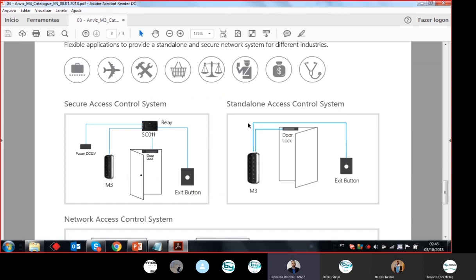For example, in this second picture, if the installer doesn't make a protection on it, someone with bad intentions can just cut the cables, or throw the device from the wall, and it can open the door and fail the safety of the system. So for the first device at the street contact, the first device between the public area and the private area, we suggest don't use the relay of the device directly. Use a kind of access